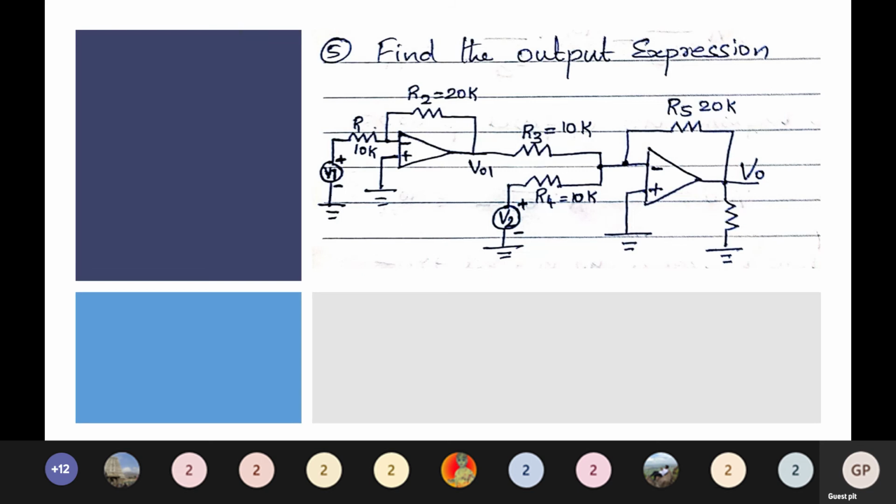So this problem again, you can easily solve in this way. As we have seen, the first part of the circuit is nothing but an inverting amplifier and the second part is an inverting adder. Yes, please make a try. Anyhow, I'll explain, but still just make a try. All the values have been given and I have told you what each and every part of the circuit is, so you can very easily try it and find the output expression. I want everyone to try individually. It may be right or wrong. Please make a try. I'll just give you 2 minutes time. Try to complete this problem.